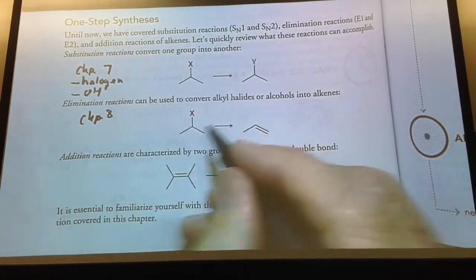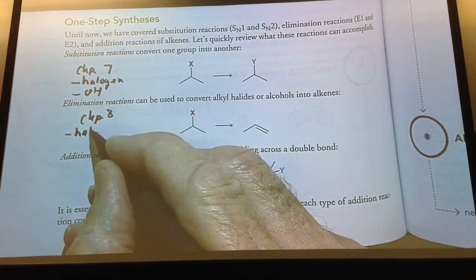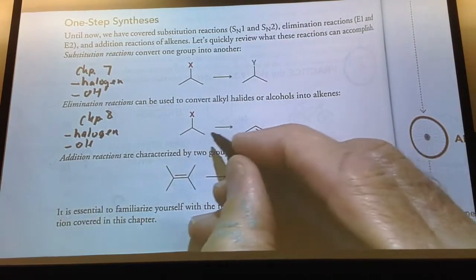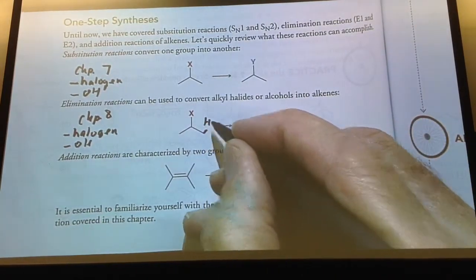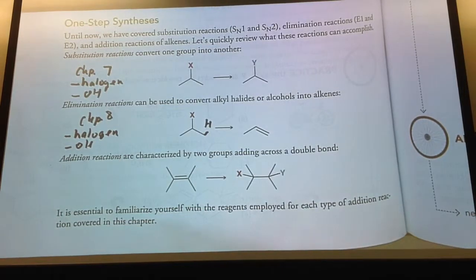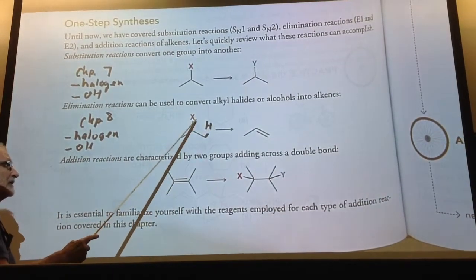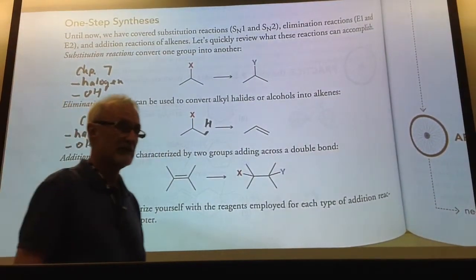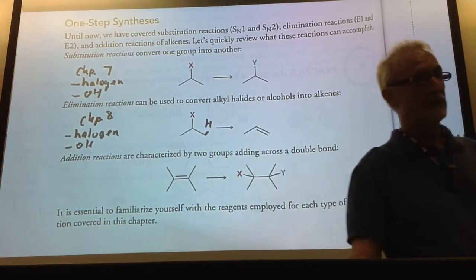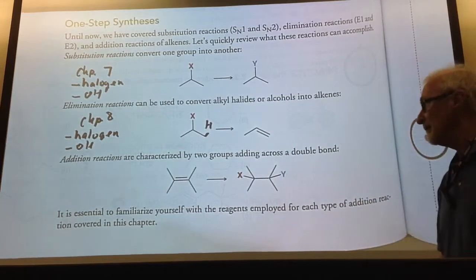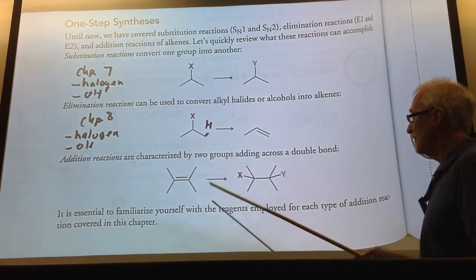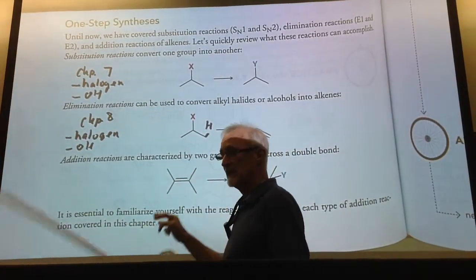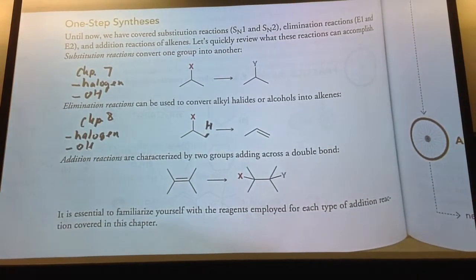And that was relatively simple because X was either, again, a halogen that was leaving or an OH. And you gotta have a hydrogen too. So if you lose hydrogen and a halogen, it's called dehydrohalogenation. If you lose hydrogen and an OH, they call it dehydration because hydrogen and OH make water. So those two chapters weren't too bad because you can bank on it. And pretty much in chapter 9, it's mostly addition reactions. The only one that's not is the one with ozone, you get 2 pieces. But all the other reactions in chapter 9